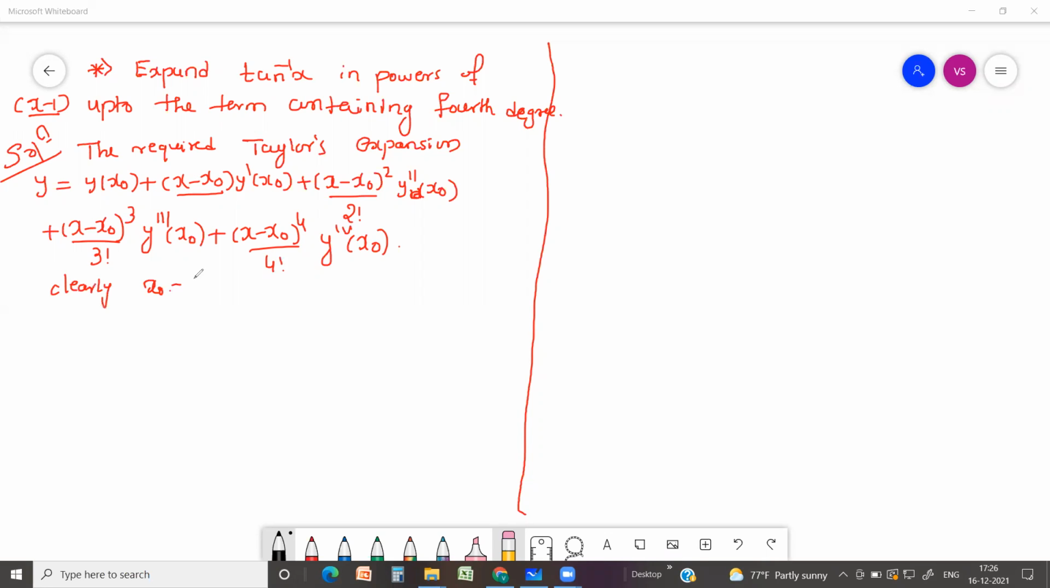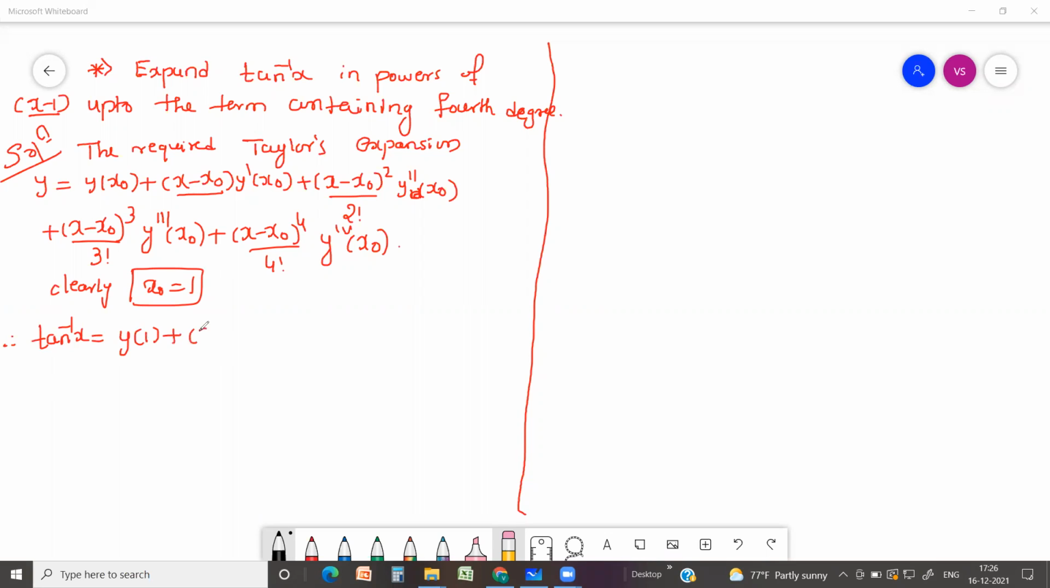So x naught equal to 1. So we have to expand tan inverse of x about the point x equal to 1 using Taylor's expansion. So I'll just rewrite by substituting x naught equal to 1 in the given function. So therefore what happens? Tan inverse of x, that is equal to y of x naught, that is y of